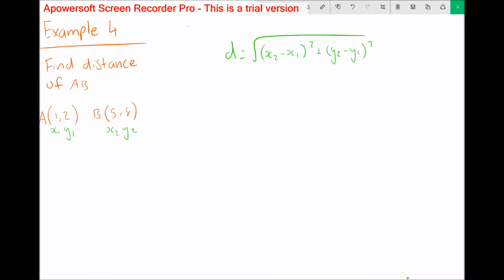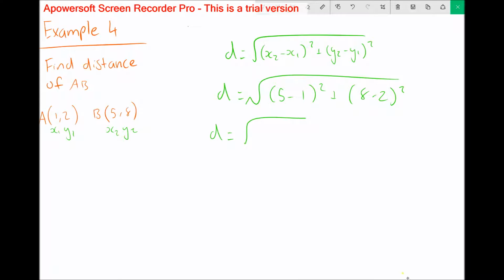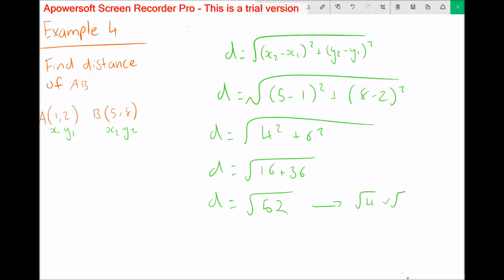So in this example, we are required to find the distance joining the interval AB, and we are given the points of A and B. So we must recognize and label the x1, y1, x2, and y2 coordinates, and then state the distance formula. After stating the distance formula, it's a simple substitution of the x1, x2, y1, and y2 values. After this, we just simplify, and we get root 52, which can be simplified down to 2 root